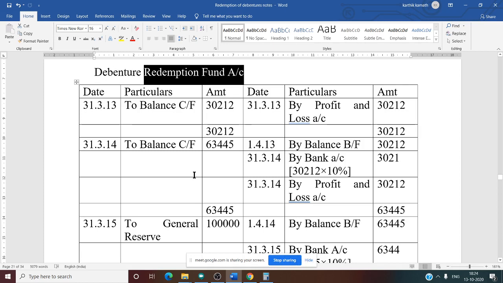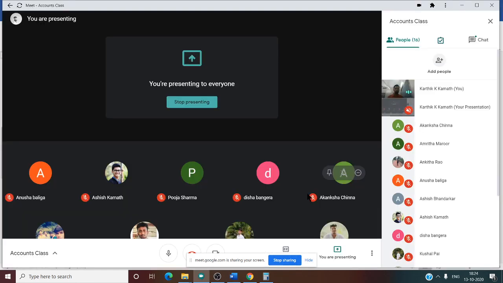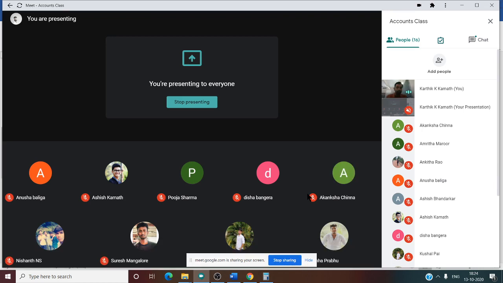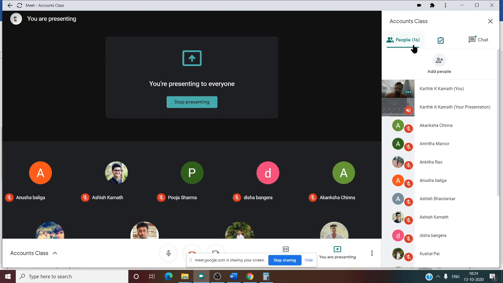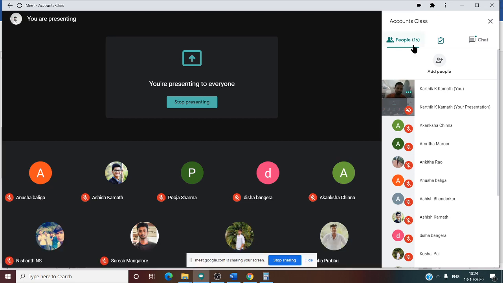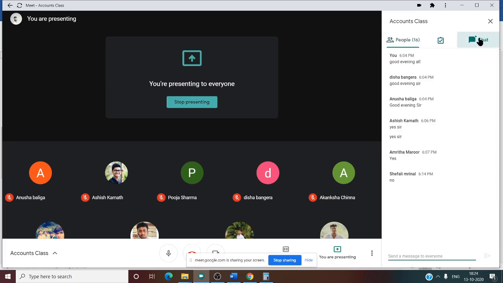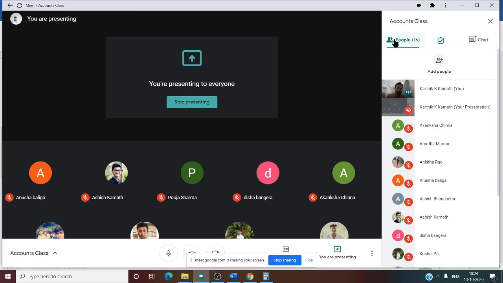Any doubt regarding this question, you can ask me now, regarding carry forwarding the amount, regarding the multiples of 10 only. Any doubt regarding question number 5? Very simple question. Only three accounts for 3 years. This type of question comes for 12 marks. Anything you want to ask, you can ask me regarding this question. Unmute yourself or comment in the chat box.